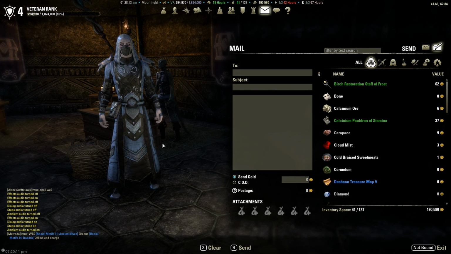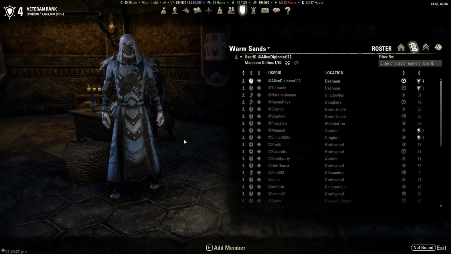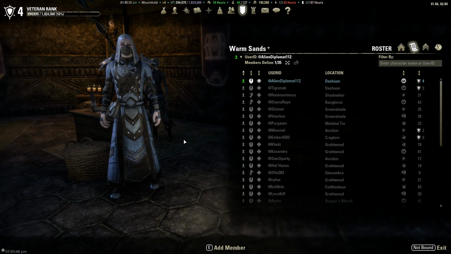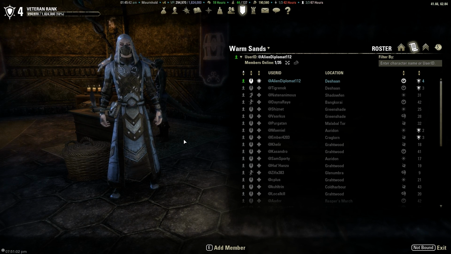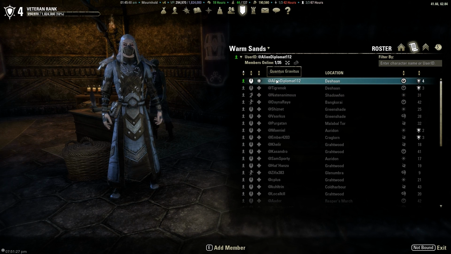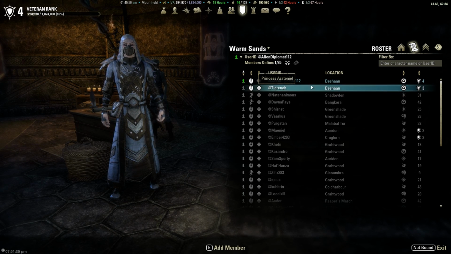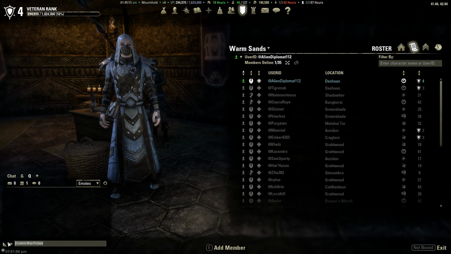So that is Luminary Don't Send Gold Accidentally by Awesome Billy. This next one is really cool for people that like to RP, or just people that don't really like ZeniMax's decision to use your account name for guild chat. As you can see here in my guild roster, it actually shows your @account name, and when you're talking in guild chat, it will show you